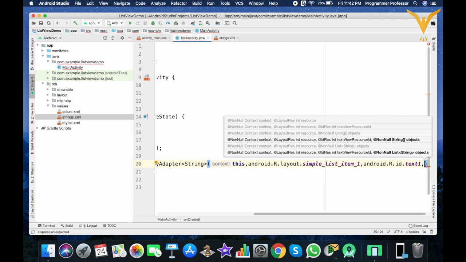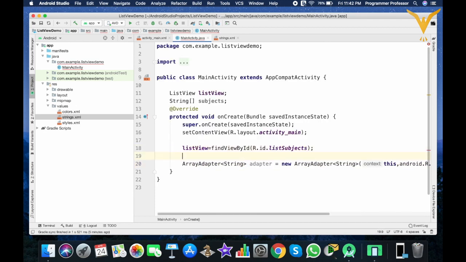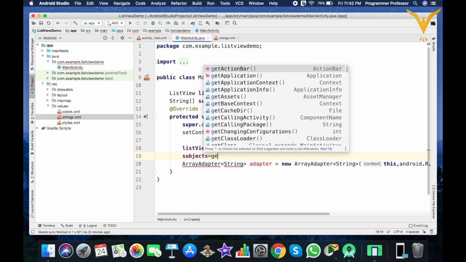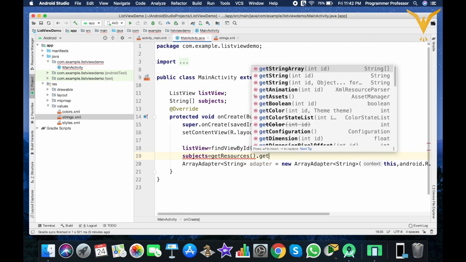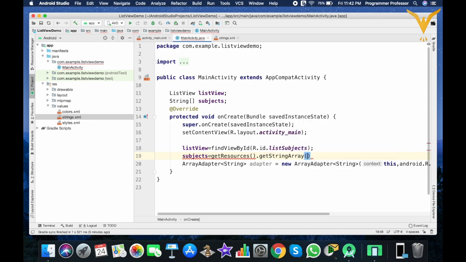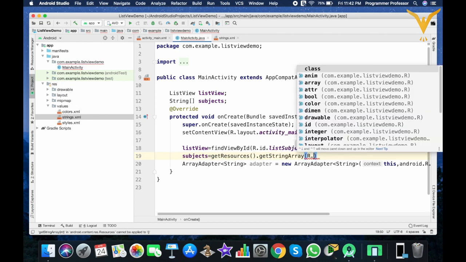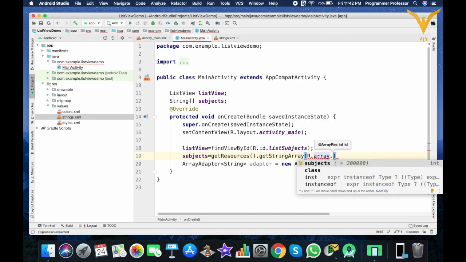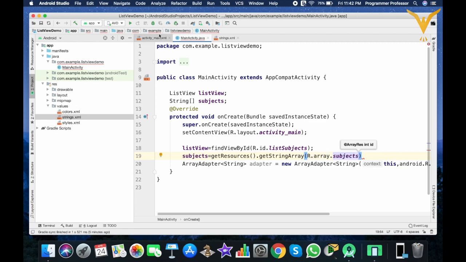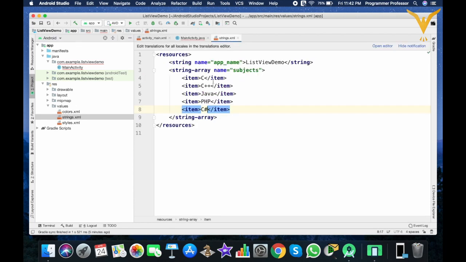So we'll take it from strings.xml, where our array name is subjects. How can we retrieve values from strings.xml? getResources().getStringArray(R.array.subjects), because we have initialized one array with the name subjects.